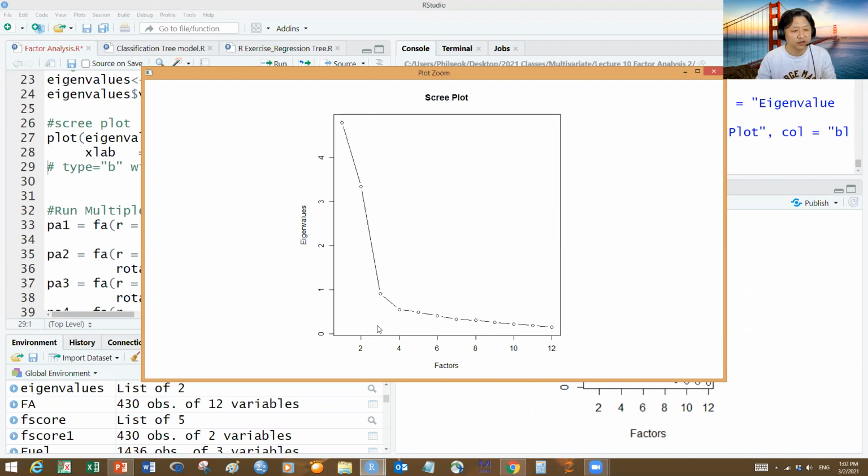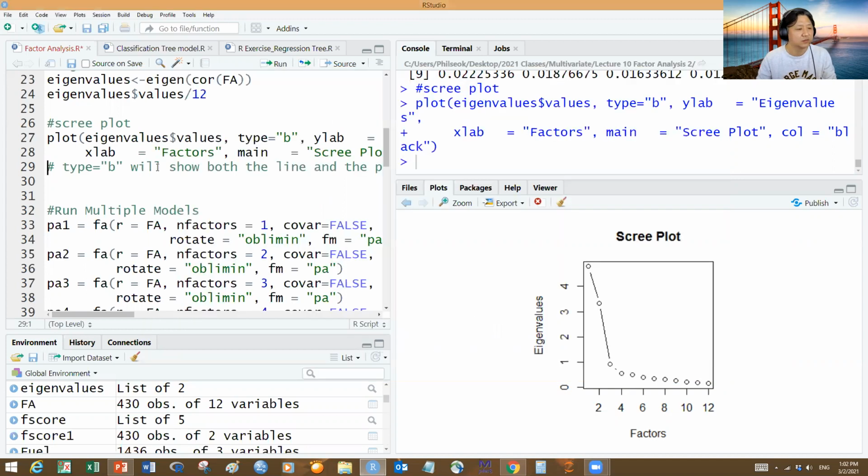And to the third factor, it dropped a lot. But the third factor eigenvalue is less than 1, right? So the contribution of the third factor may be minimal. So we may want to keep a 2-factor solution in this case, right? But I will run